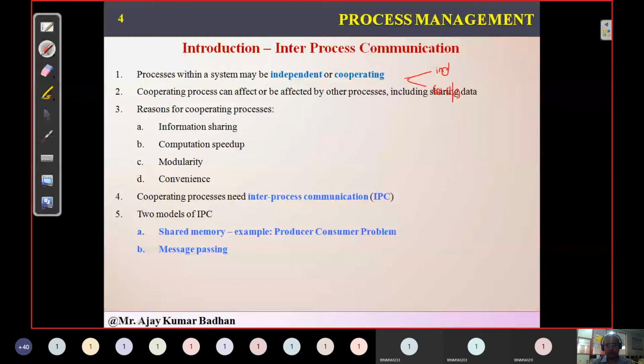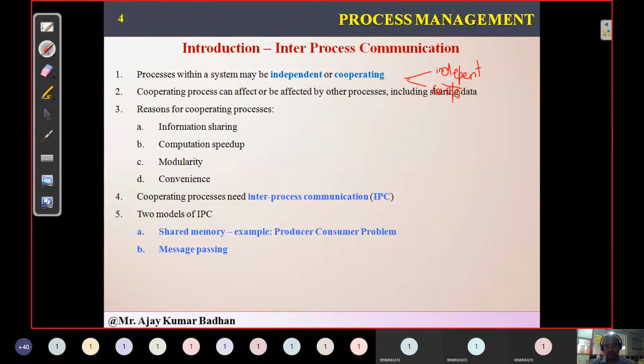Independent processes are the processes which will not affect other processes, nor will they be affected by them. It is something like a solo performance. These processes perform individually all the operations they want to do. They will not affect the other processes which are executing, and they will not have any kind of interaction with other processes. They only do the work they have been assigned and then move out of that system.